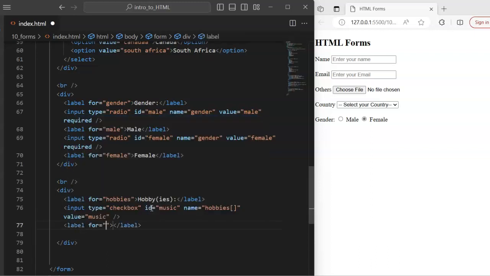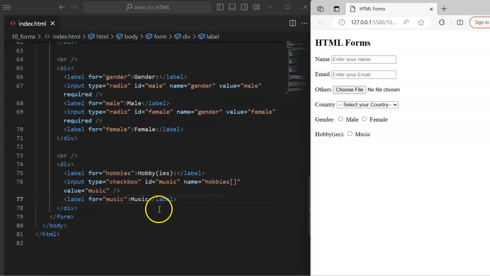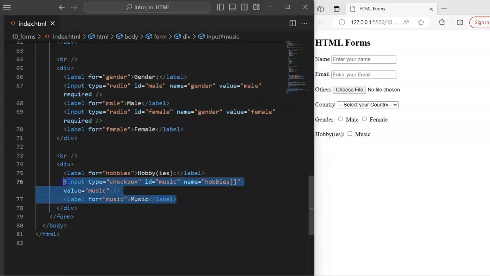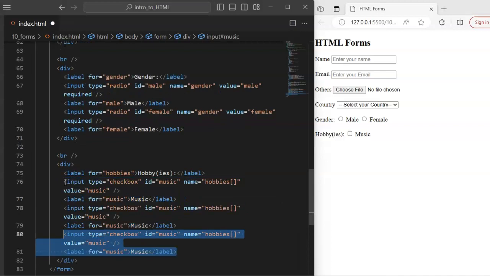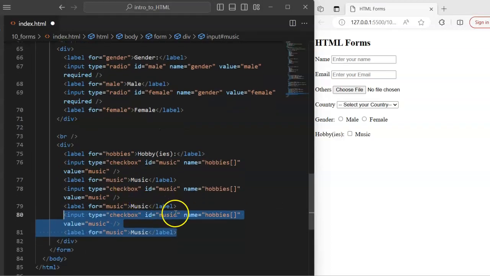So I put a label after it, and the label will be music, so that the user will know that if I tick that first checkbox, it means I have selected the option of music. So if I save it, you see in action that this is a checkbox. Now if I want to have other options for the user, I'll just duplicate this. The same rule applies. We are still working with the type of checkbox. The ID is this time around